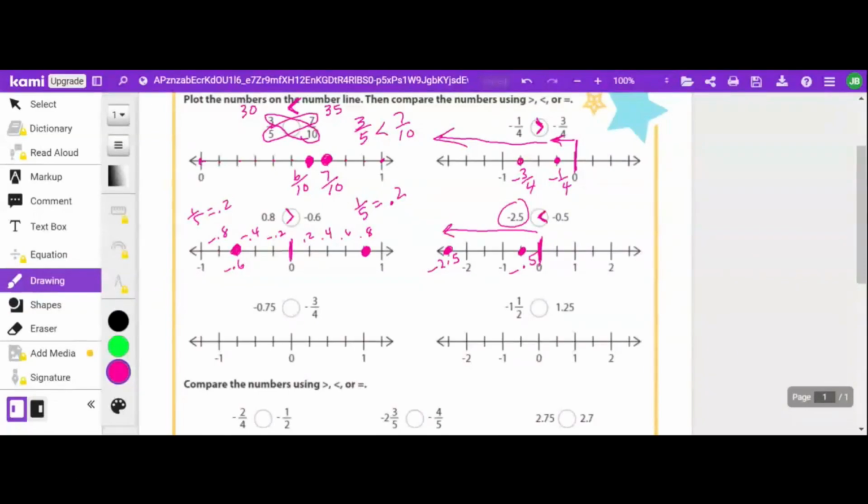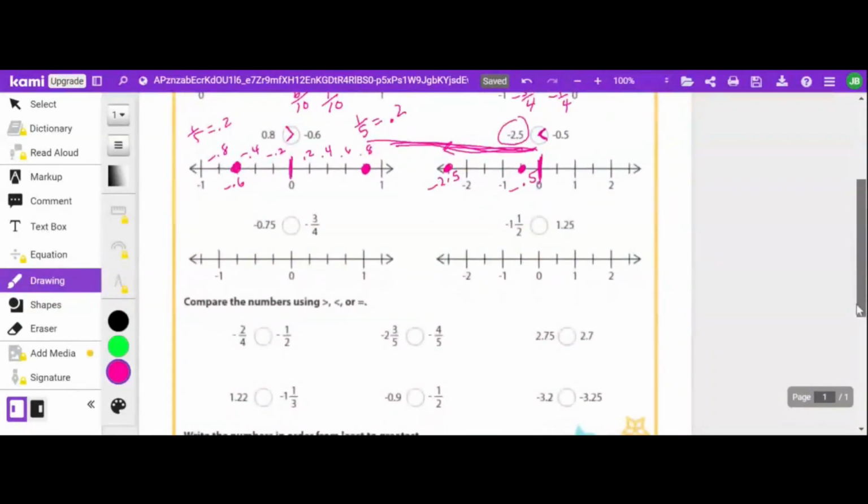I'd rather owe 50 cents than $2.50. Negative 2.5 is more negative, it means it's smaller. The further you go to the left on the number line, the smaller you are. Okay, on the next problem, we have